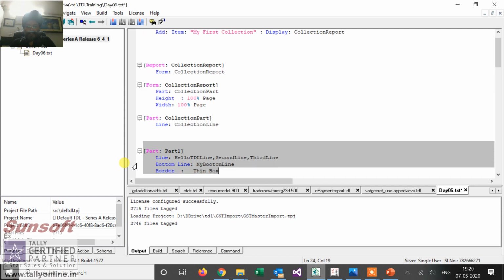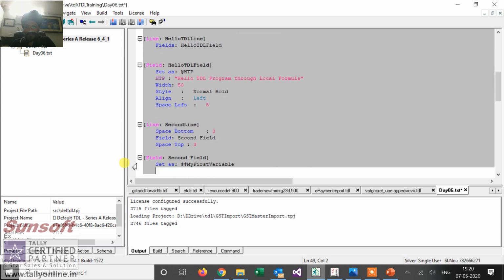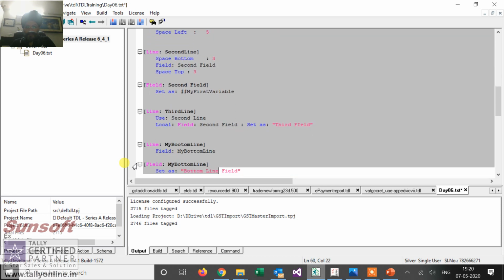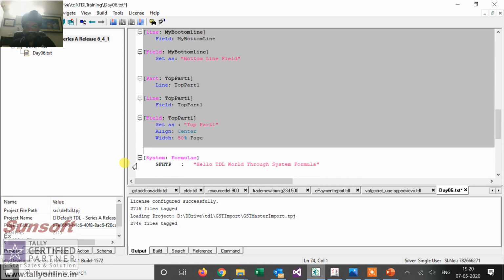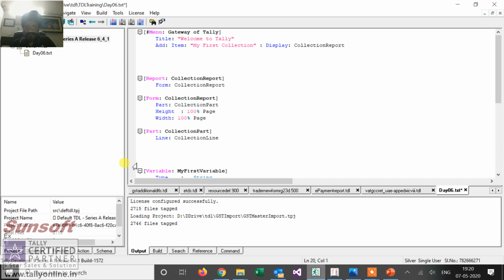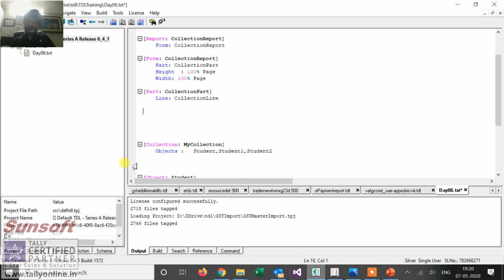Let me remove the earlier code so that there is no mix up in the things, and then we'll see how the things move. So I'm removing all the previous code, even the system formula variable. Now I define my line. My line will have a field.